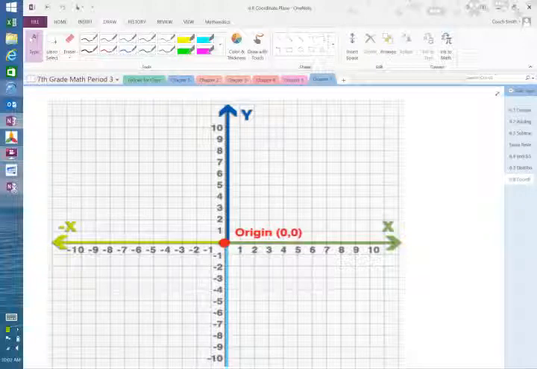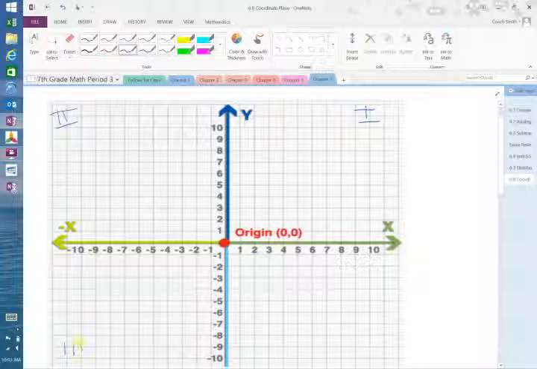Coordinate plane is made up of 4 quadrants. Quadrant 1 is here. Quadrant 2 is here. Quadrant 3 is there. Quadrant 4 is there. Okay, it goes counterclockwise. Now, the coordinate plane is made up of 4 quadrants that are divided with a y-axis